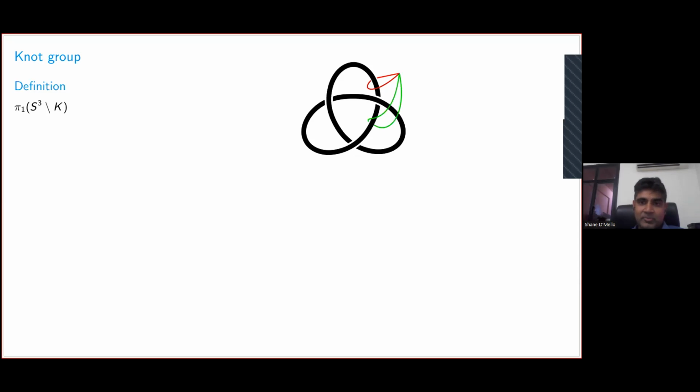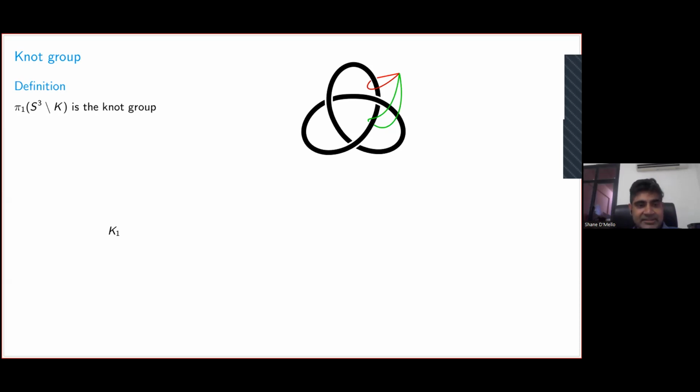But anyway, for now, let's just analyze this. So what we're defining over here is this knot group. It's called a knot group, but it is essentially the fundamental group of the complement of the knot. Okay, and of course, one could ask, this is the general question itself, what is the fundamental group? See, the fundamental group of the knot itself, since the knot is homeomorphic to S1, the fundamental group of any knot is always Z. So, this is a better question to ask. What is this fundamental group of the complement of the knot? Because after all, what gives rise to knotting is the way S1 is placed in the ambient space.